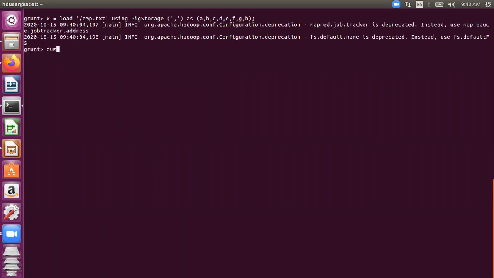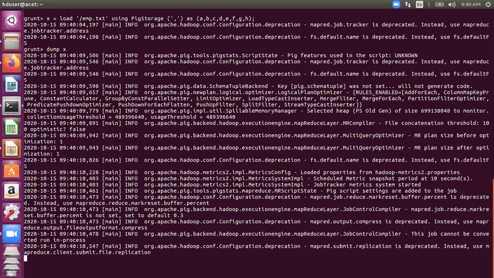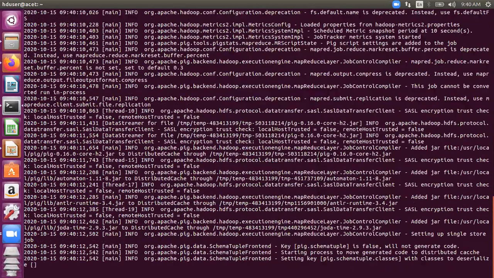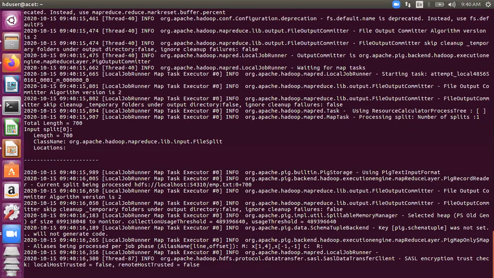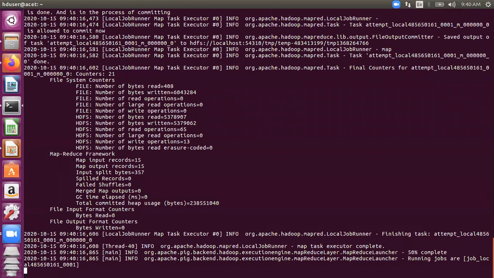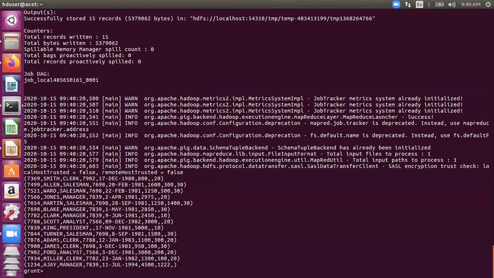So if I dump this, obviously you will see the similar 14 records of the emp table. I've added one more record because in today's topic of joins, I would require that. So you'll have 15 rows displayed in front of you. The last row I've added on my own: 1, 2, 3, 4, Ajay, manager, and so on, right?